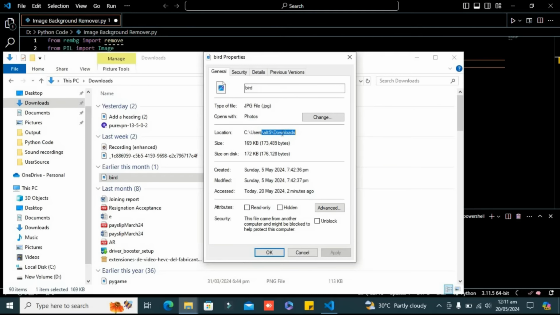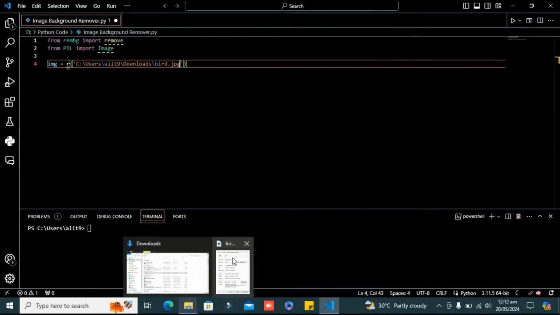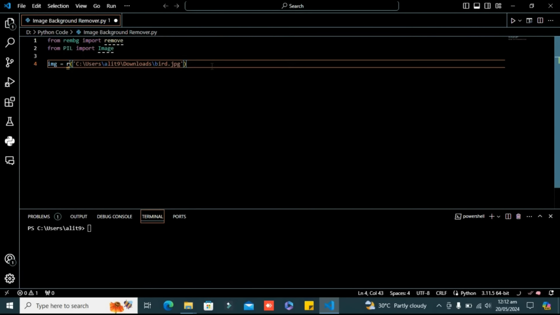Let's just copy it from here and paste it here, and I can see that it is bird.jpg. Make sure you don't make any spelling mistake, otherwise it won't load the image properly. Basically the raw string r ensures that the file path is correctly interpreted, including any backslashes. The image file is loaded into the image variable as an image object.